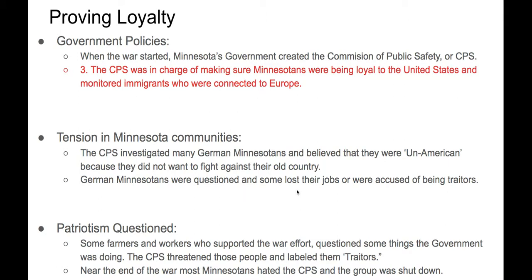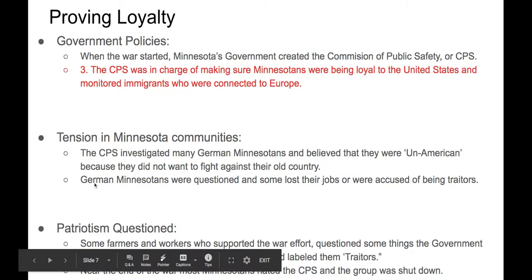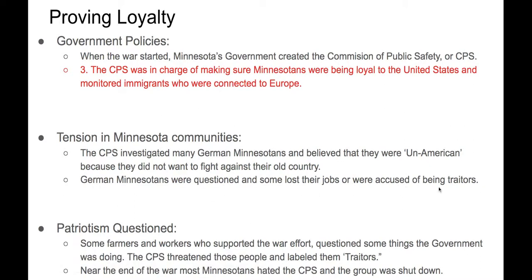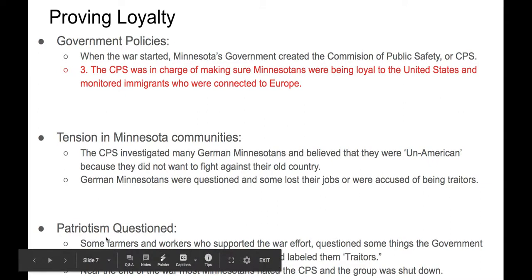So a lot of German Minnesotans were questioned. Some lost their jobs or were even accused of being traitors. All because some people didn't want to fight in the war. They were questioned, they lost their jobs, and they were accused of being traitors. Okay? So when we talk about their patriotism,